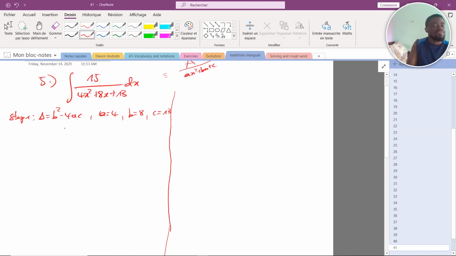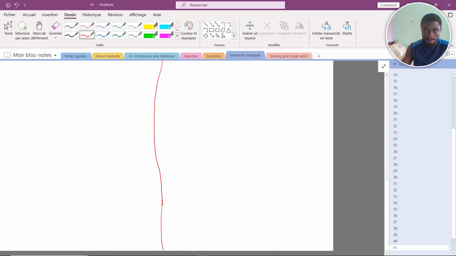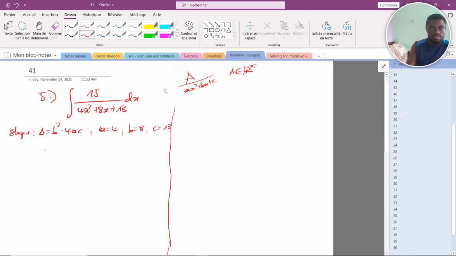Let me go down with the line. Okay, let's move up. So our delta will be equal to what? b is 8, so we're going to have 8 squared minus